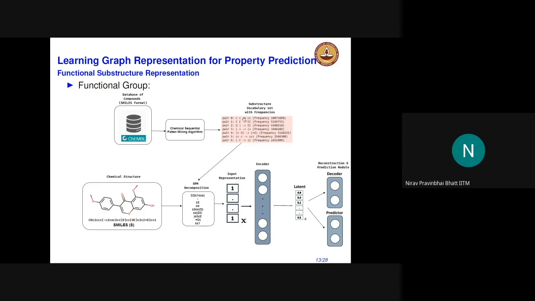We see which ones are repeating, which we think are really important substructures, or you can think of this as a vocabulary. So I have a sentence which I construct from a set of vocabularies. I have created a vocabulary by reverse engineering the sentences, and this is the vocabulary I think a molecule is